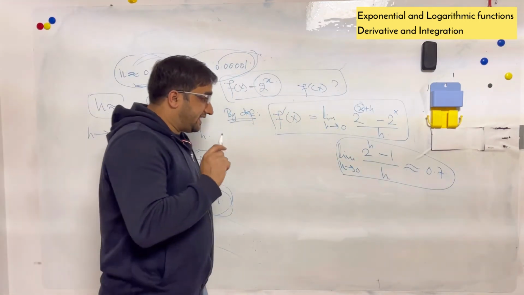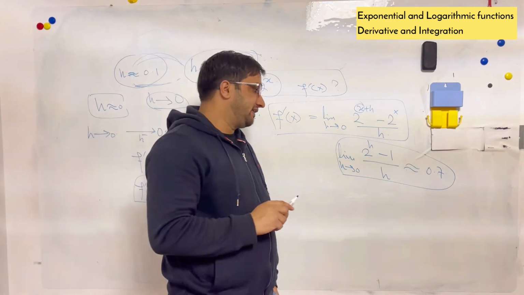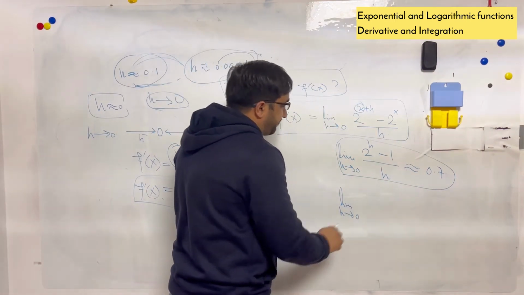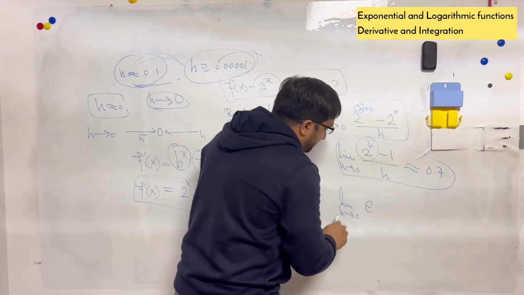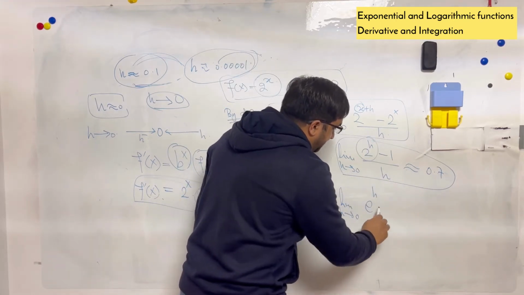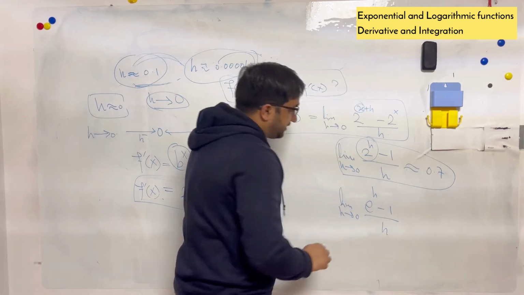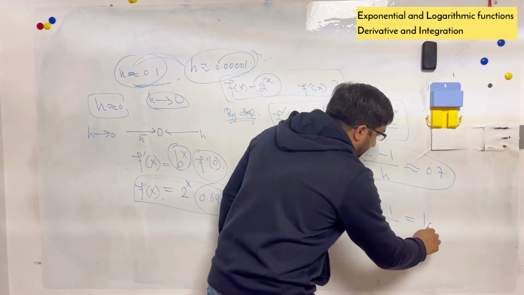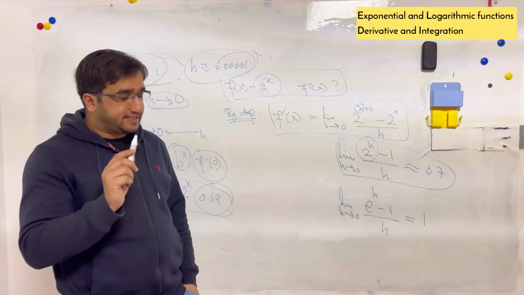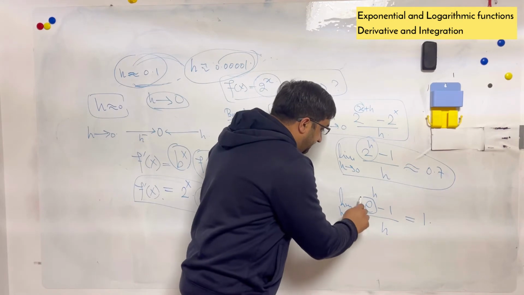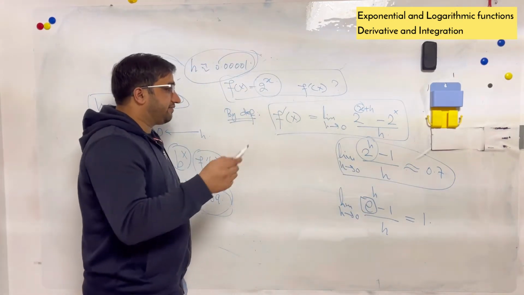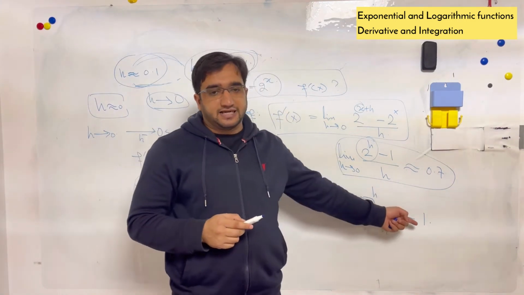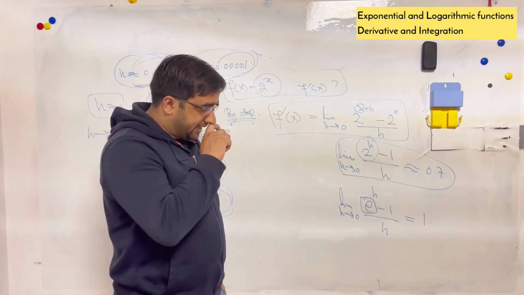Now there is a number, and only one number, such that when you put limit h approaching 0, that number raised to the power h minus 1 divided by h is exactly 1. And this is the only one: e, the value of e, you know. When you have this formula, the answer is 1. That is why